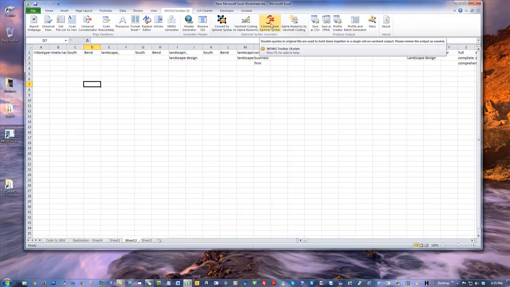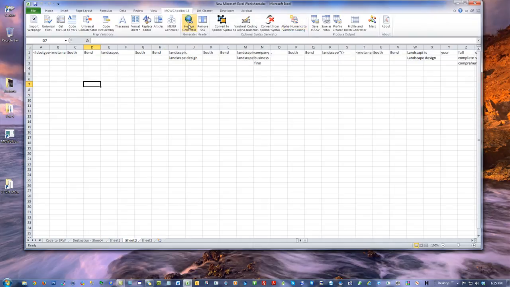So I went from convert from spinner syntax to alphanumerics to var sheet coding. Now, header generator. Just remember that. That is the natural order, and it's going to do a bunch more steps for me at this point. You might ask, why doesn't this do all the steps? Why doesn't it go boom, boom, boom? And here's the answer. A lot of people will stop right here. They'll go boom, boom,